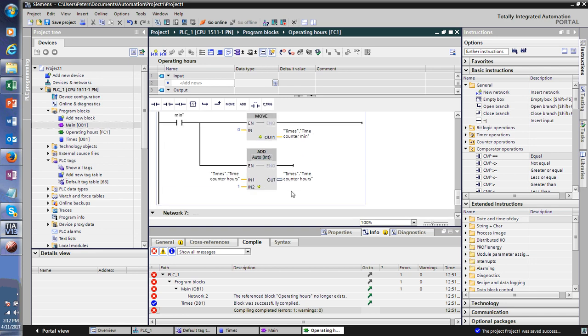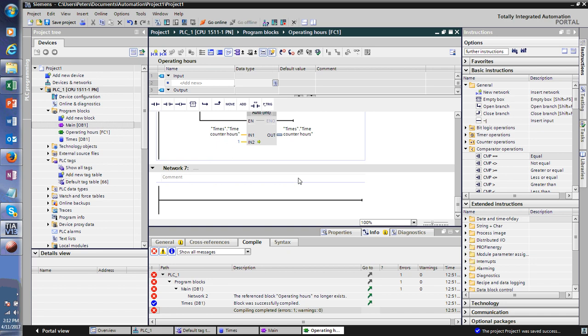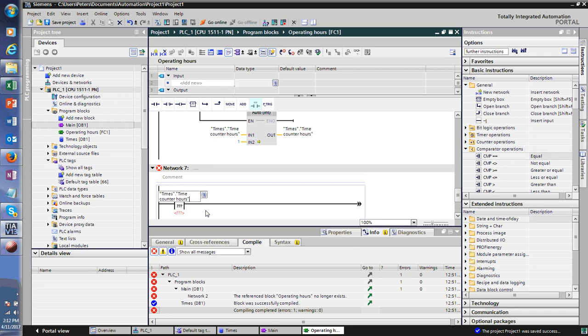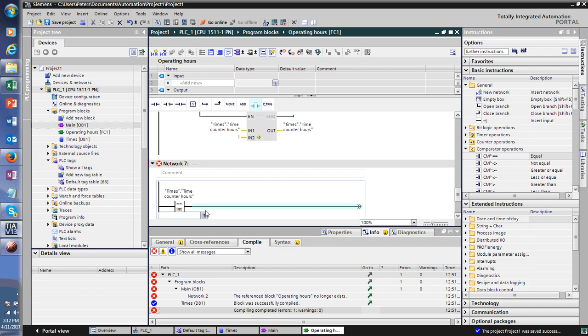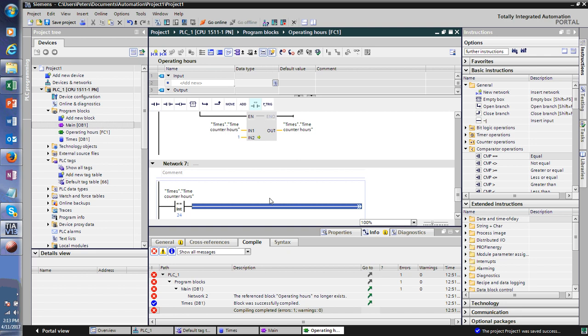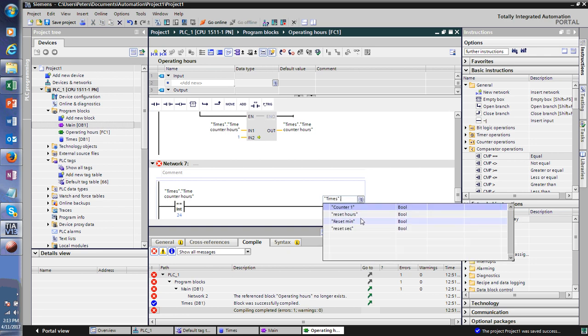So the next one will be, now we want to put it into days, and this is pretty much the same, just the number will be a little bit different. So we take times counter hours and then compare it to 24. So, and then we want to do something like we did here. We just reset the hours. So we say coil, and then times reset hours here,